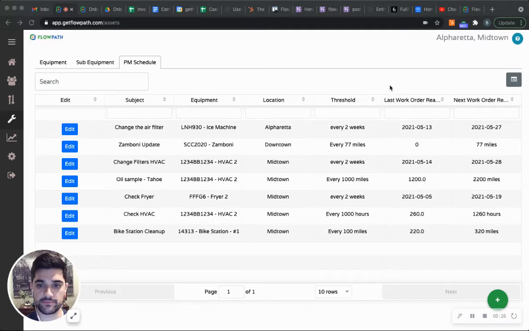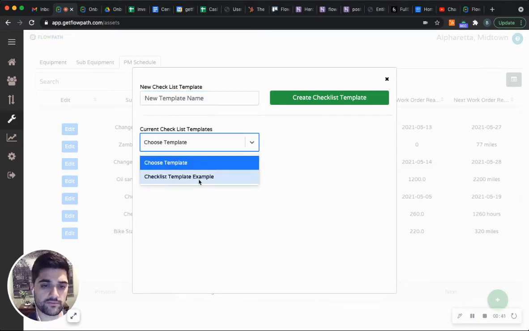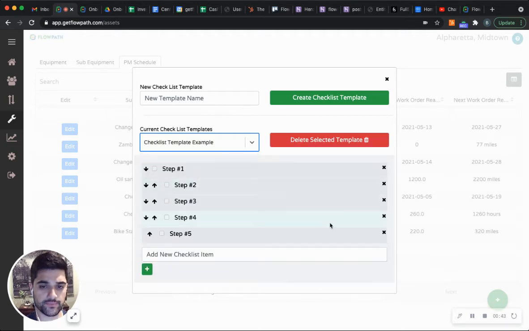So let me explain. When you hop over to the PM schedule tab under assets, you can click this little icon in the top right corner, which will open up the checklist template creator. So you can create a new one, or you can select one you currently have. So I'm just going to select one I have, and you can delete this template here, or you can create